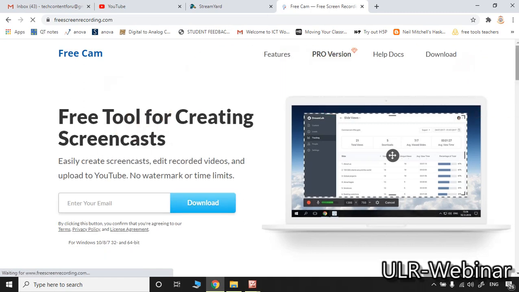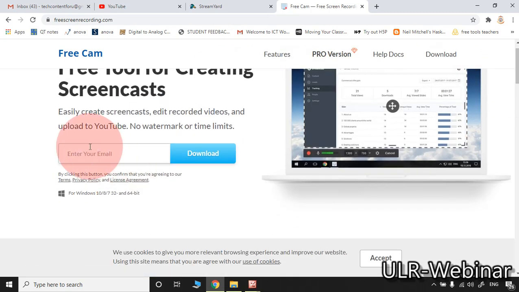Please observe they are asking for your email ID. You need to enter your email ID here and start downloading the software without any hesitation. Please observe here. It is suitable for Windows 10, Windows 8 and Windows 7. Even it is working with 32-bit and 64-bit models also.